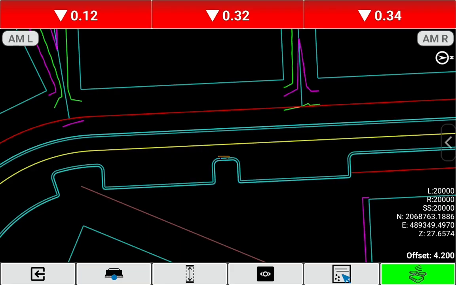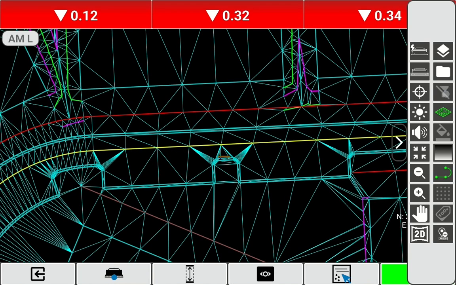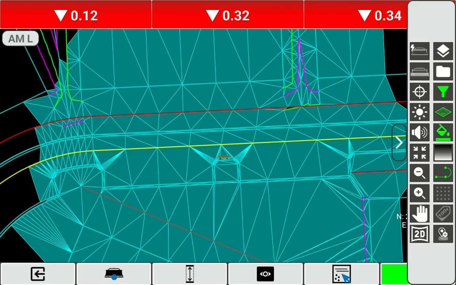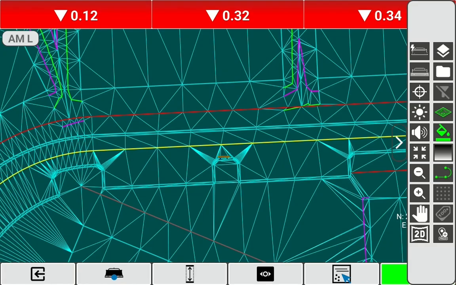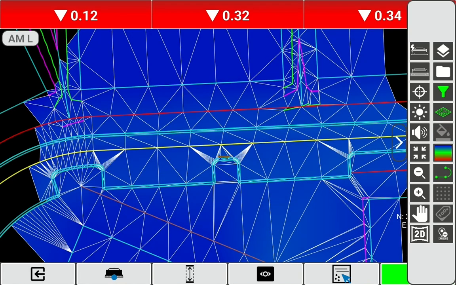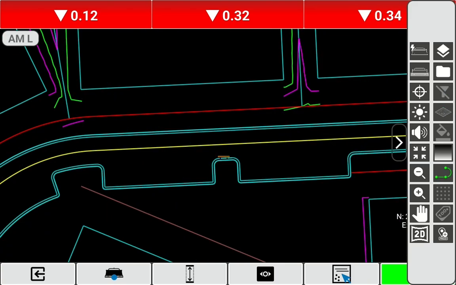The next 4 tabs are for your surface shading and triangles. It will kind of filter out where you're at if you need to see or hide the triangles, or if you want it shaded, or if you want it shaded with no triangles. And then if you want the surface area shaded a different color, that's where you select all that. Then if you want to turn your line work on and off,